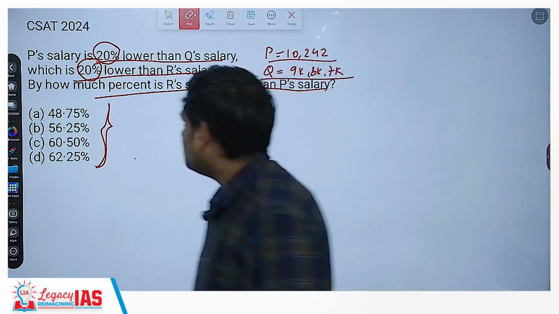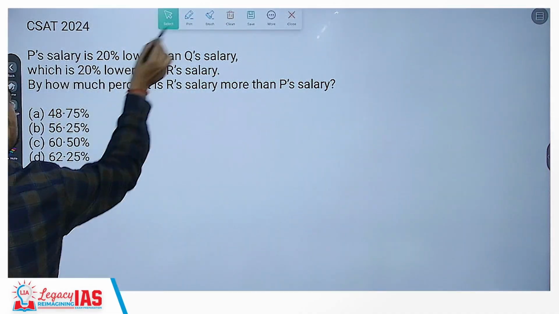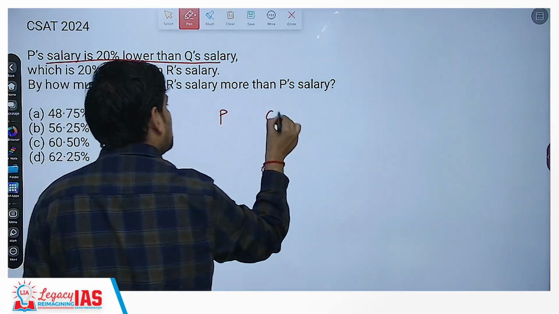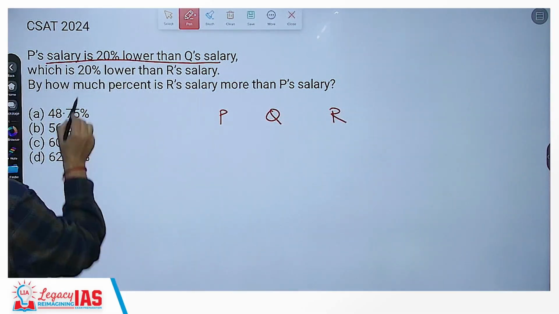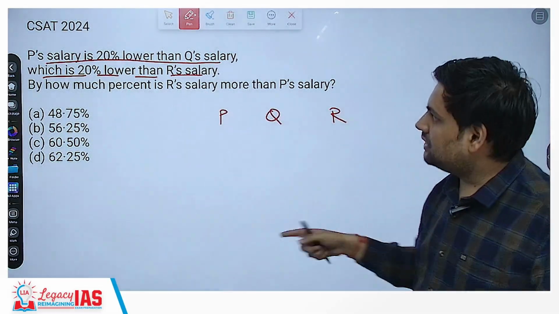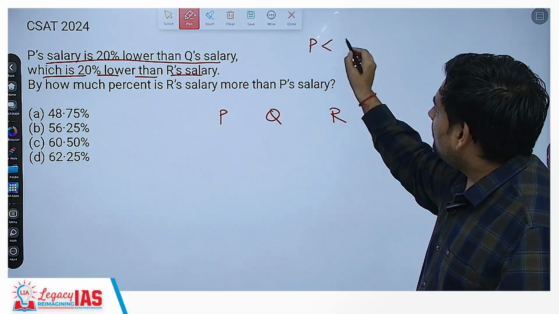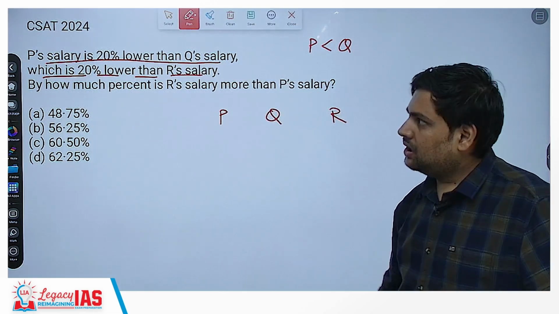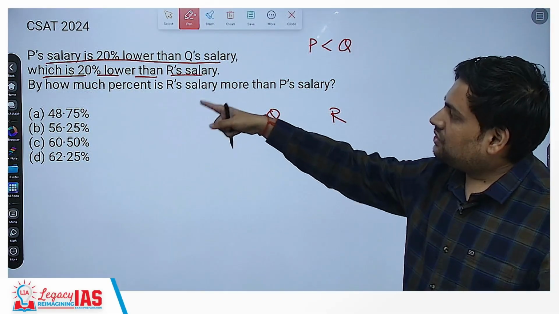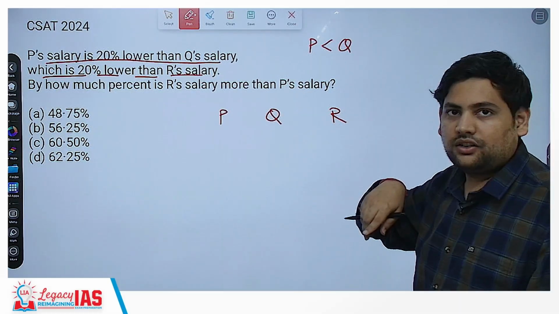Okay, now let's get started. So what it says: P's salary is 20% lower than Q's salary, which is 20% lower than R's salary. The first thing you can do in questions like this: P's salary is 20% lower than Q's, that means Q is greater than P. Next, Q is 20% lower than